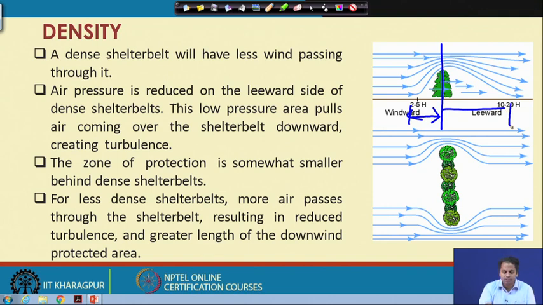But you can see here, as the air rushes through it, the low pressure which is there will pull this air here, and in the absence of very high density, in the absence of a porous barrier here, there will be a lot of turbulence here. So, the effective distance of protection will be reduced.